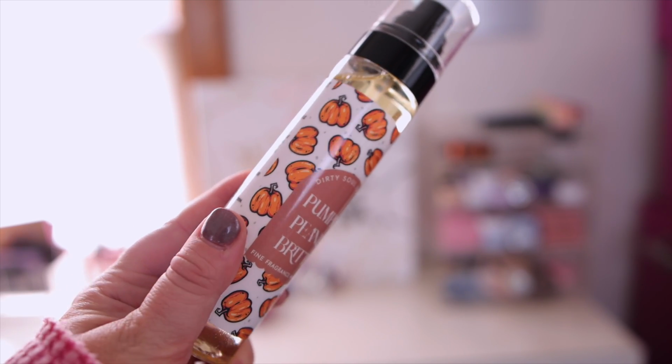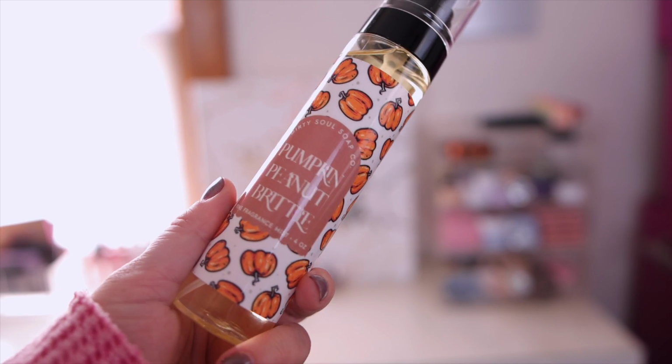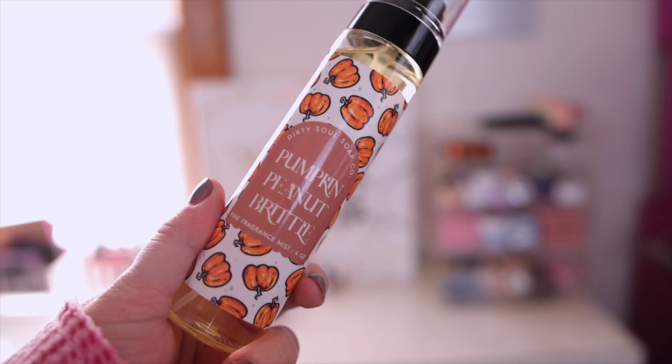Again, I don't know how, but they nailed it, you guys. They nailed this one. It is exactly like the candle. This is so gourmand, so nutty, caramely. Oh my gosh, heaven. This is heaven. So good. If you guys have not smelled the pumpkin peanut butter candle before, I think it's still on the